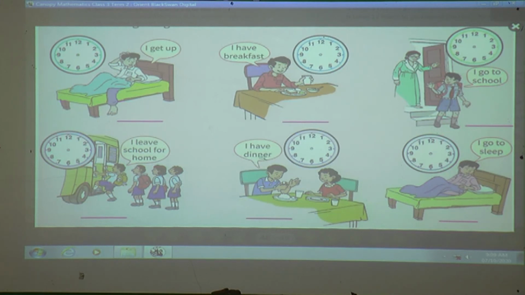Next thing is I have dinner. When you are going to have dinner at night, that time you have to show in this clock. And the last activity is I go to sleep, means when you go to sleep, that time you have to show in this clock. So in each and every clock you have to show your timing. Okay,